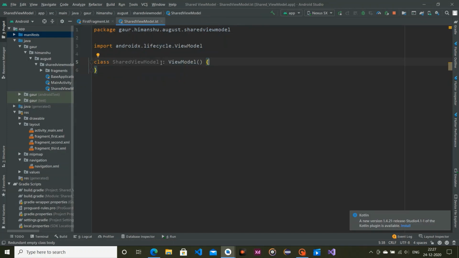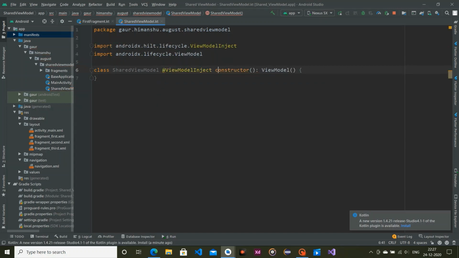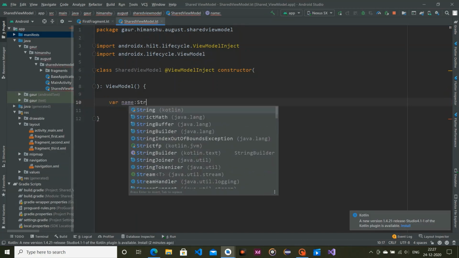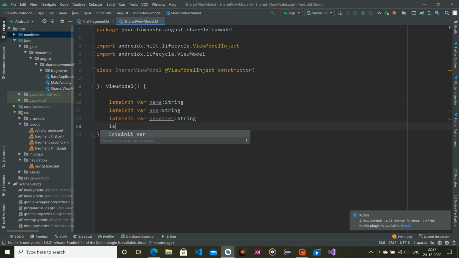Yes, SharedViewModel. So just create a constructor, and just before our constructor use @ViewModelInject to initialize our view model. And within our view model I'm going to create some variables. First I'm using name, which is of type String, and it is basically lateinit var. So lateinit var name, and I have semester, and let me check.